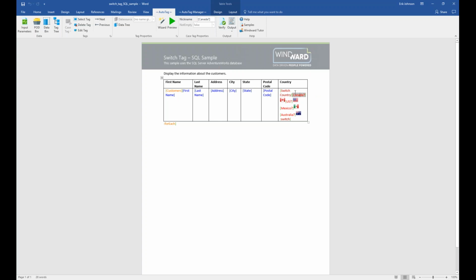Okay, so right after the switch tag are our case tags. Here it looks like we're evaluating if the country belongs to Canada, then we'll display the Canadian flag. Let's look at the value we're evaluating here. So I'm going to double click the Canada case tag,